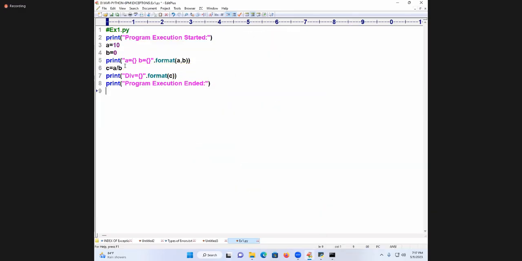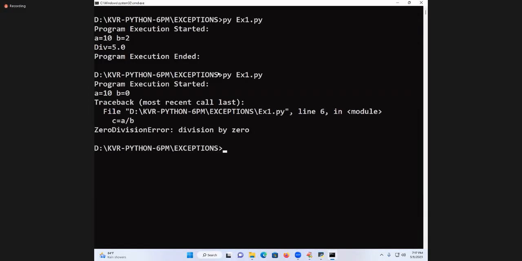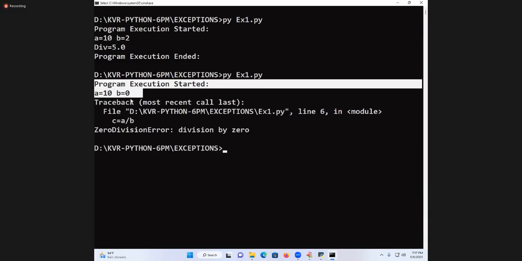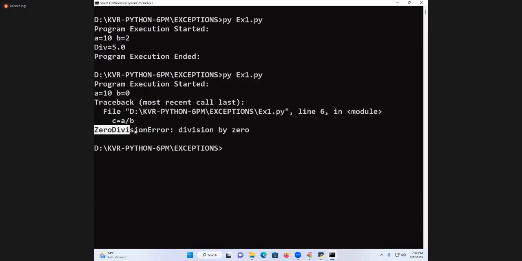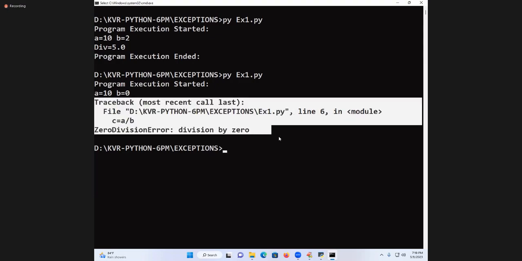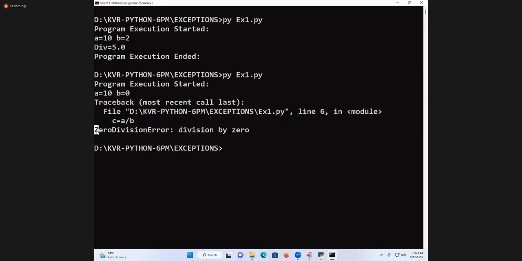Shall I run my code? At line number 6 an error is coming. Up to line number 5 it is executing. See, my dear student, execute. Up to this line, execution started. And see this message, see this name. What is the problem name? Which line is it? This message is a technical error message. For the message we want to give, you need keywords that I'll explain in tomorrow's session. Today we will understand what the exception object is. That means when an exception is occurring, internally an object is created. What does that object internally contain? What is the class name now?